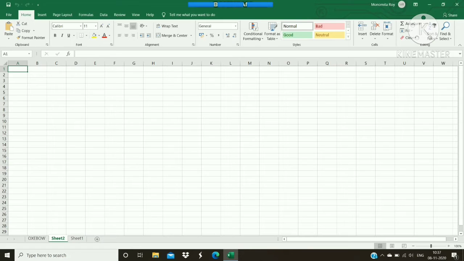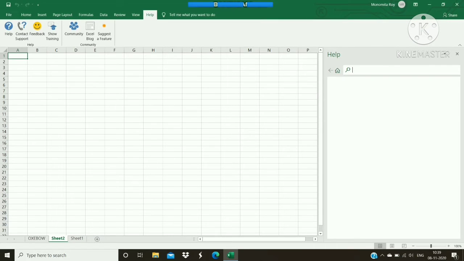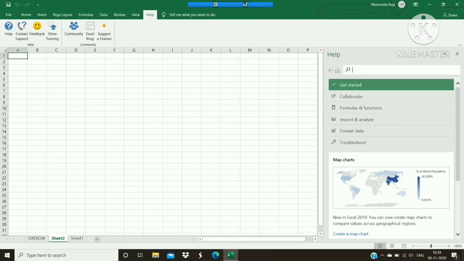Now we are going to learn a new command, that is help. So when we start working with MS Excel, sometimes a problem can occur for which you may need help. So help on every topic is easily provided by MS Excel. Help can be obtained by using these simple steps.